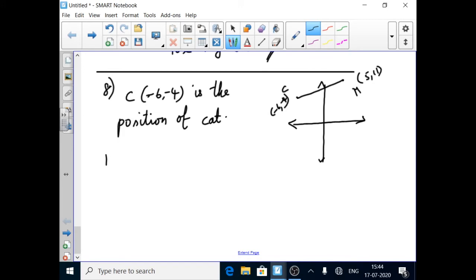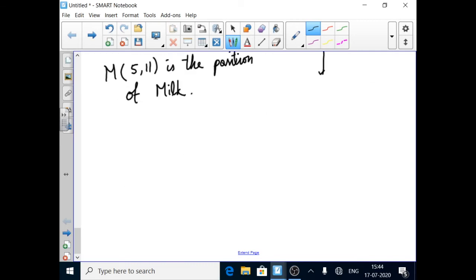M is the point 5, 11, the position of the milk. So the equation of path CM